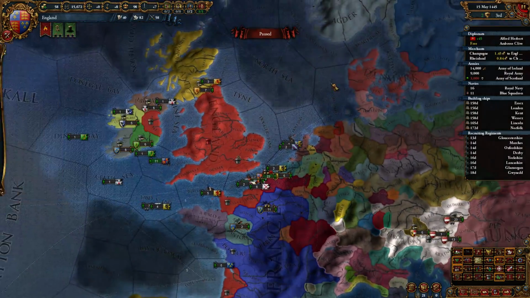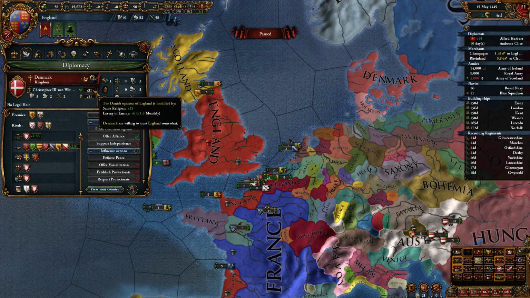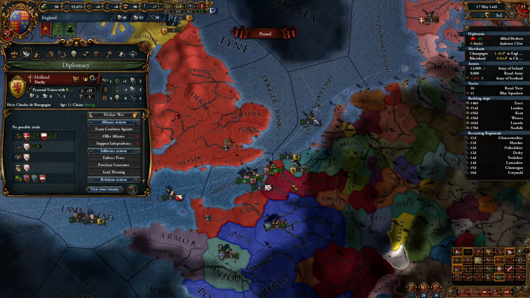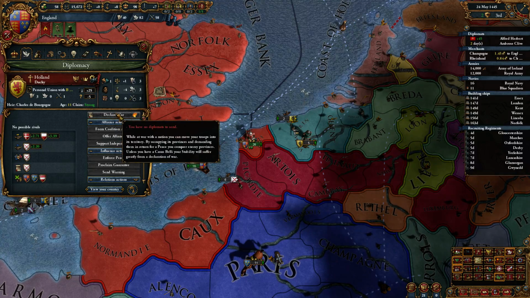Need to get the alliance with Denmark. I think we'll just go straight for the alliance now. I think I may have already improved relations a little bit, right? Now we have enemy of enemy. Okay, so I'm assuming that if we were to attack Burgundy, they would join. Let's see if they would join against a...